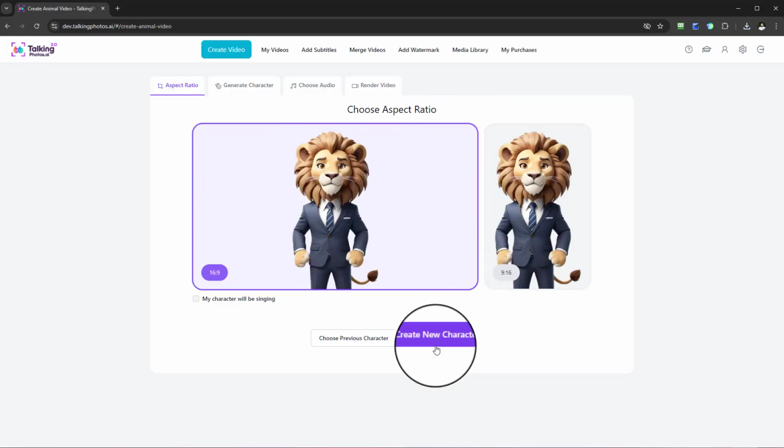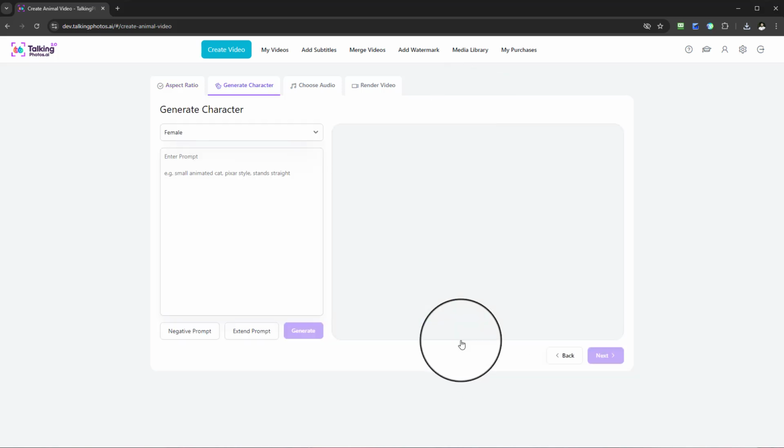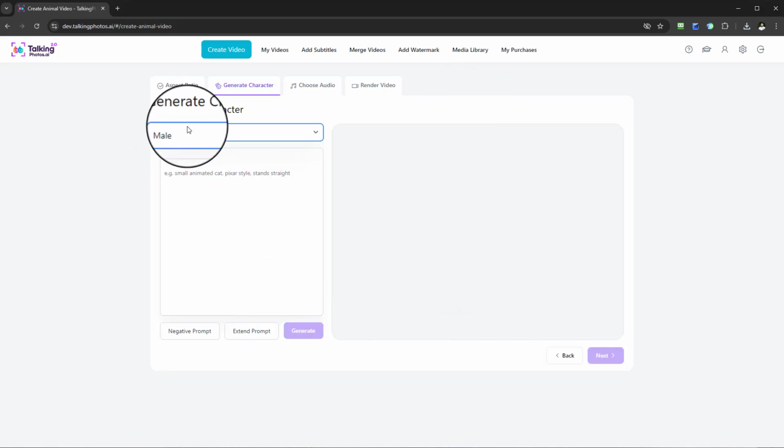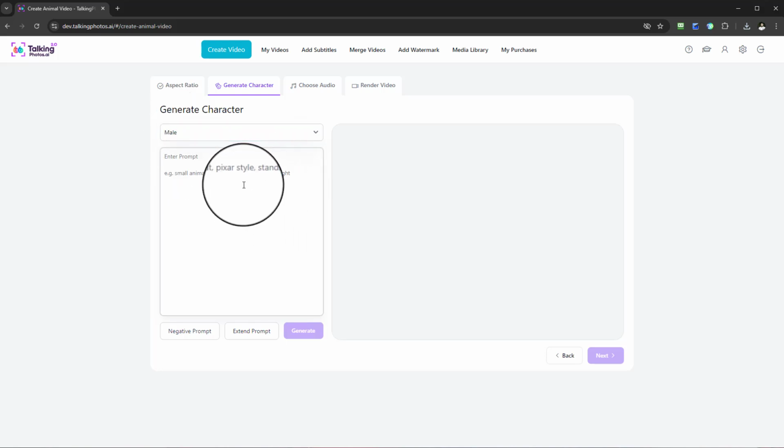I'll go for the 16:9 dimension aspect ratio. I go to new character. With the drop down, you'll see it's more limited because it's just going to be a male or female. Now, animal mascot. I'm going to keep this really, really simple because now a lot of the effort has been